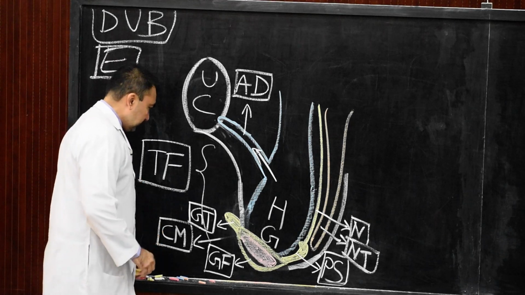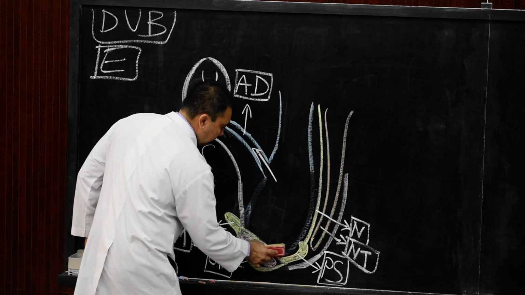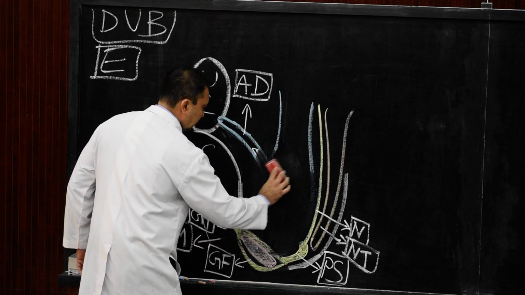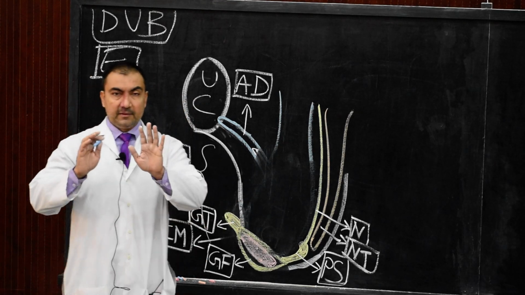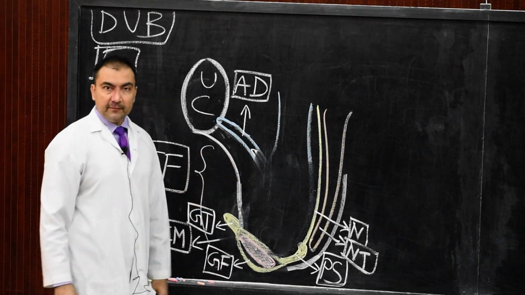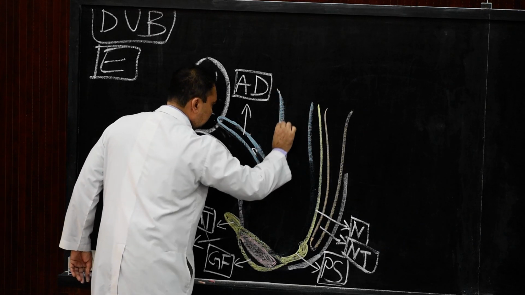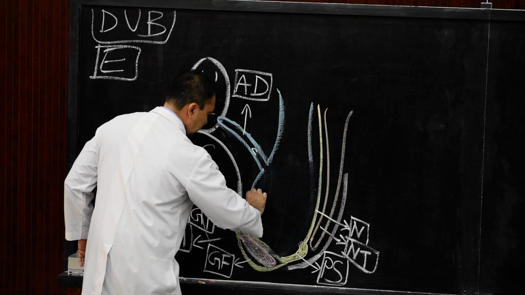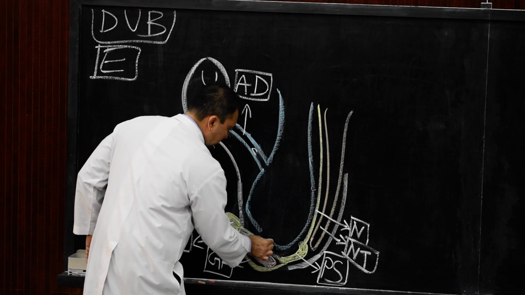Now we will show this portion, we come to the hindgut. Now we are coming to the hindgut portion. Before that, I will just rub this hindgut, and we will draw, once again, this hindgut. We know that the hindgut is connected ventrally with allantoic diverticulum. So here, this is the allantoic diverticulum. This is the upper portion, and here we are going to show the lower portion. This is the lower portion.